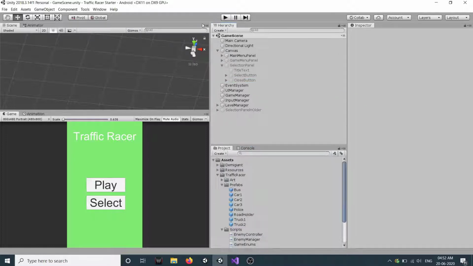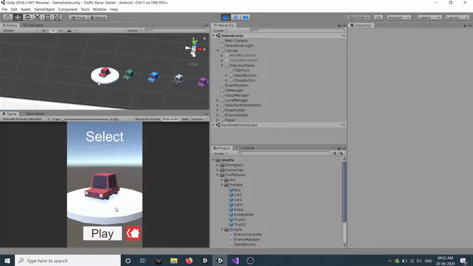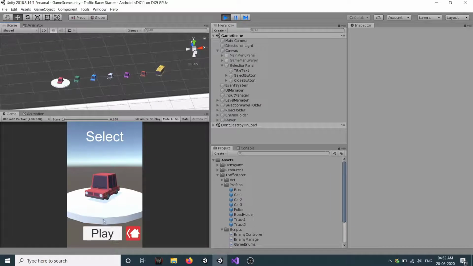So let's try and see if it works. So if I click on select, you see all our cars have been spawned, and if I click swipe to the left, we can change our car. So we have to rename this play button as well.